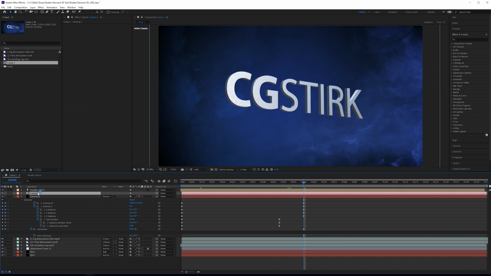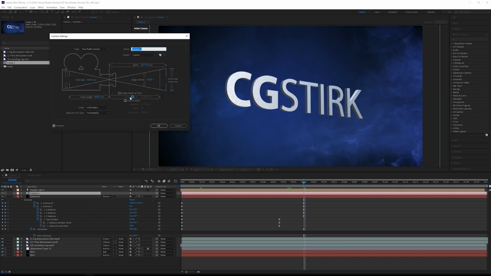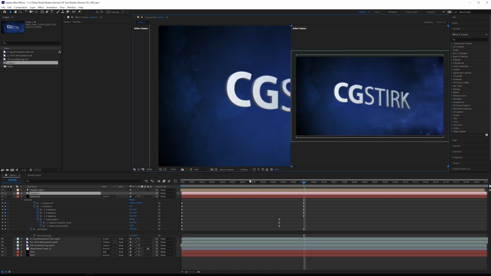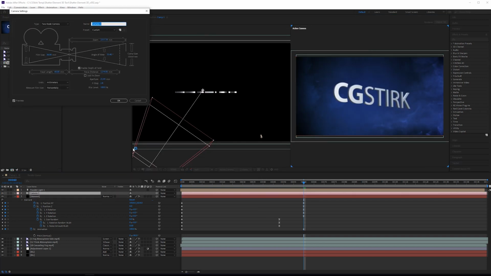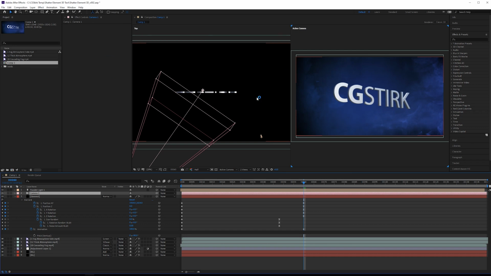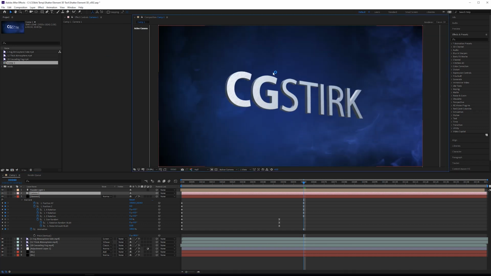All right, so now I want to add some depth of field. Go into my camera, I'll enable depth of field, make sure lock to zoom is off, open up another view, open up our camera options again, and what we're looking for is the focal distance. Pull this up. This would be the C, so I want the C to be in focus. An f-stop of 2.8 is pretty good. If you wanted this to be a little bit more blurry, you could lower that to some unrealistic value. All right, so this looks pretty good.